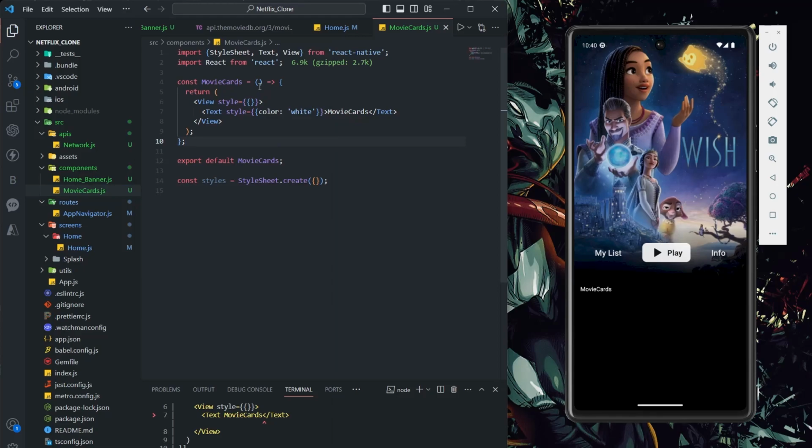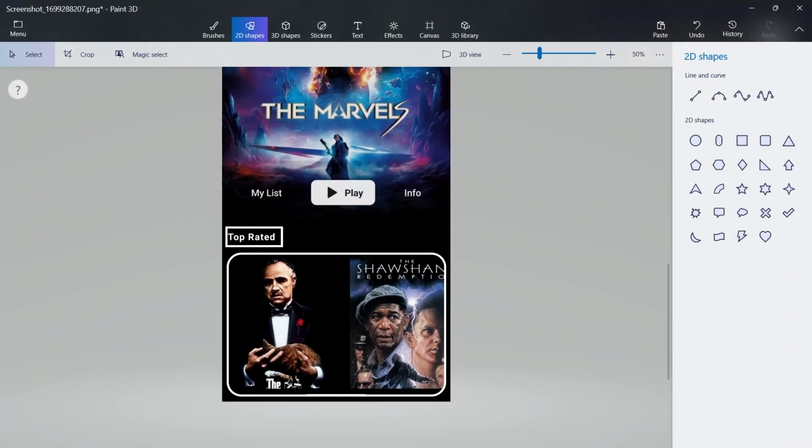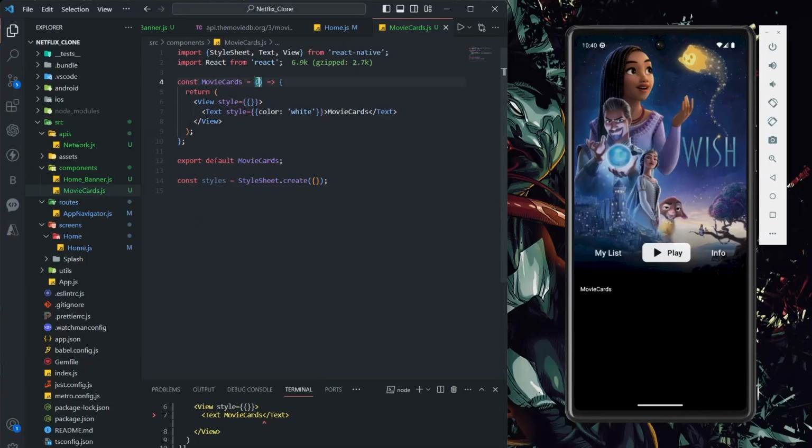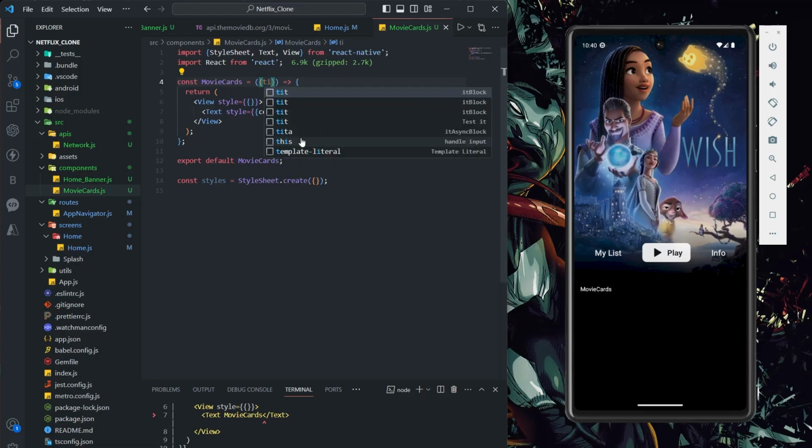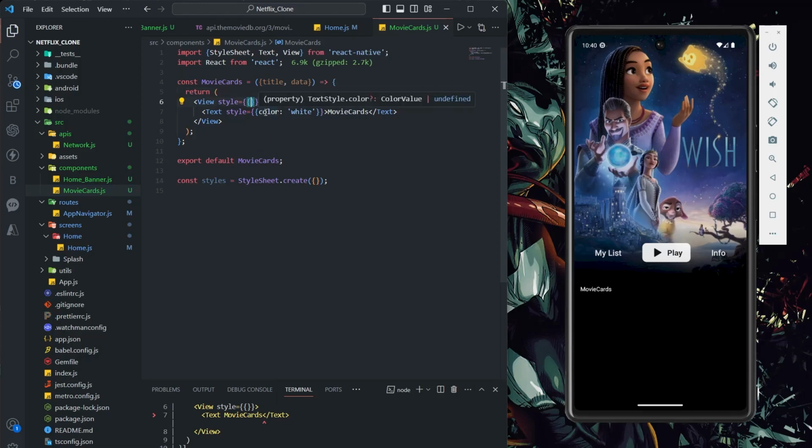Okay, what I'm going to do, so in our app we have three things, basically three APIs, and the UI will be the same only. So instead of writing the whole code every time, I'm going to create a custom component, whatever data I pass, it's going to show that. Basically I'll take help of title and data. So these two things, whatever I pass, it's automatically a custom component only. So first thing,